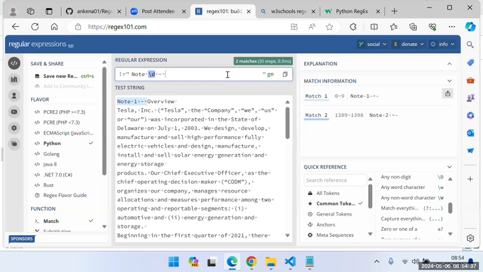And now anything which is not a number, we can denote it by square brackets, and not can be denoted by this caret symbol, \n. Okay, but since there are multiple instances of this, we can mention a plus over here,